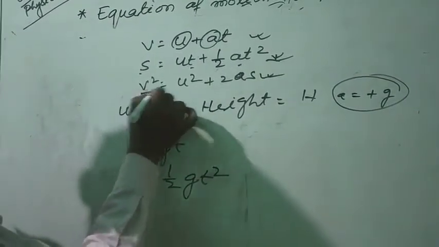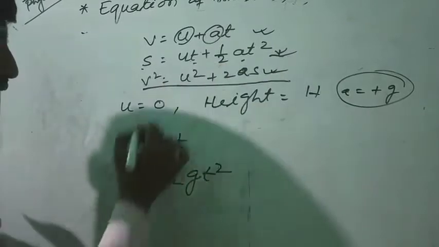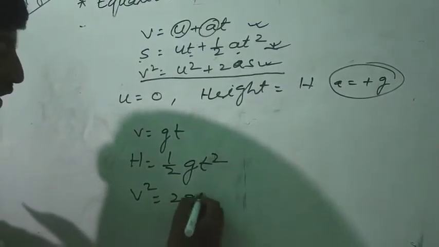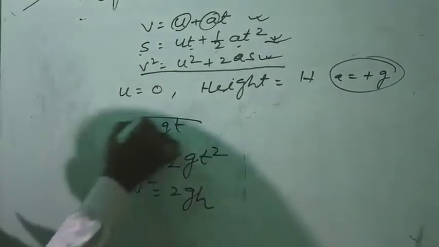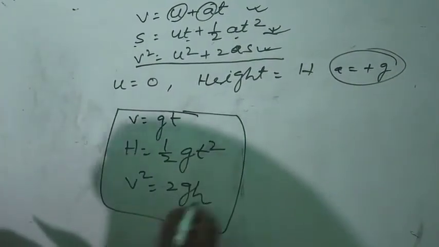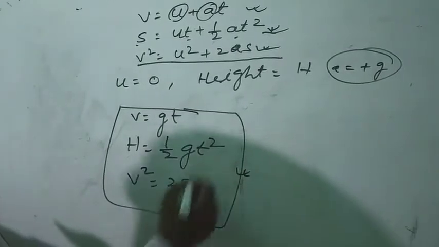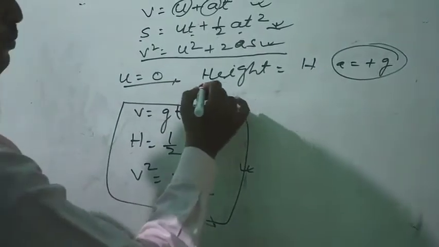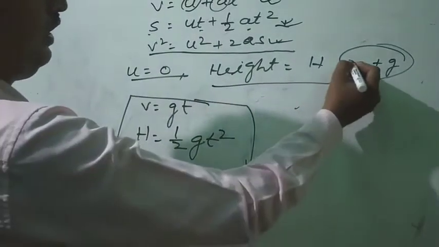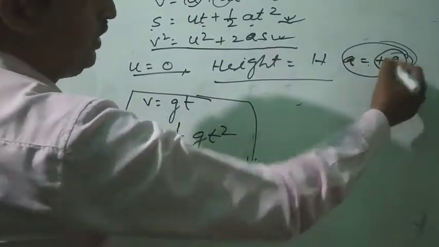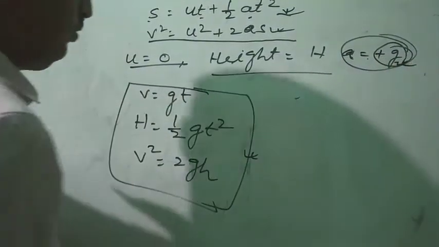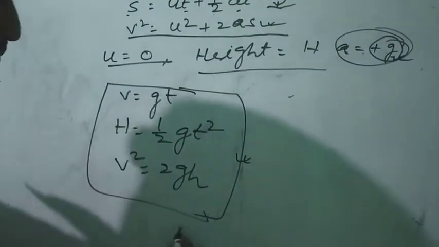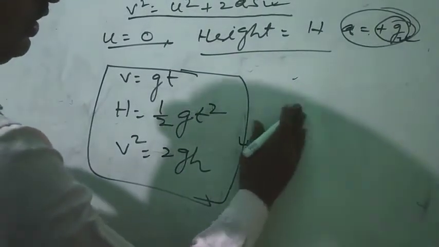and the third equation of motion v square is equal to u square plus 2as becomes v square is equal to 2gh. So these are the three equations when a body freely falls and u is equal to 0 and the body falls from height h. Here a changes to plus g, where g is acceleration due to gravity. And when the initial velocity of the body is u,